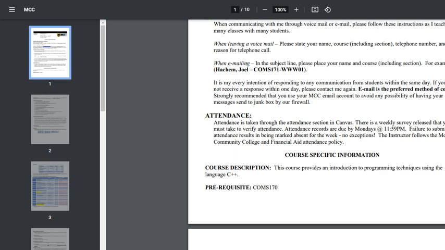And I believe, if I'm not wrong, you'll need to be absent for 3 weeks in a row to get in some type of trouble with financial aid. So it's not a big deal if you forget to do it once in a blue moon. Don't stress about it too much, but definitely you cannot afford to miss it multiple weeks in a row.